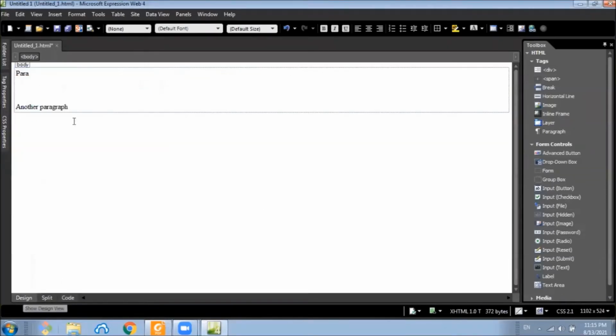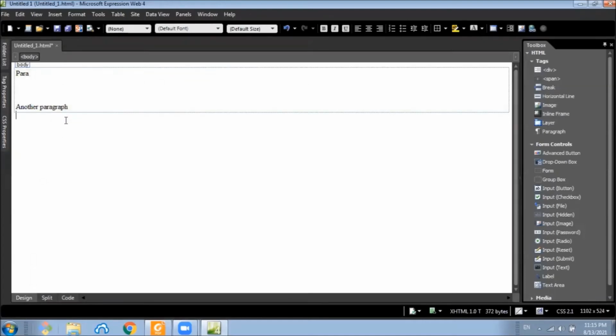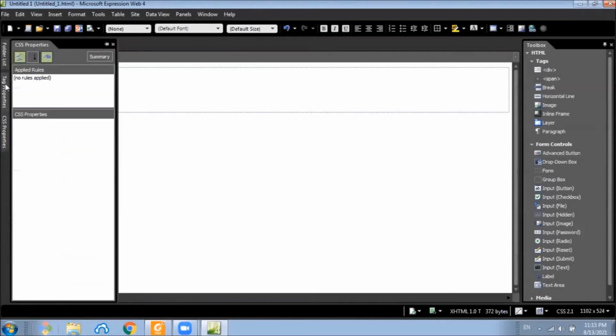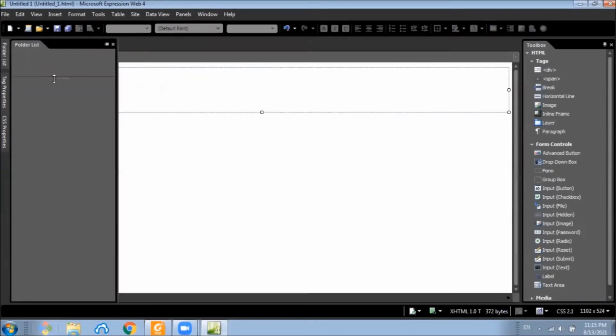Let's visit our interface and see what these elements on the interface are. First, this folder list. This folder list actually shows what the files in our website are.